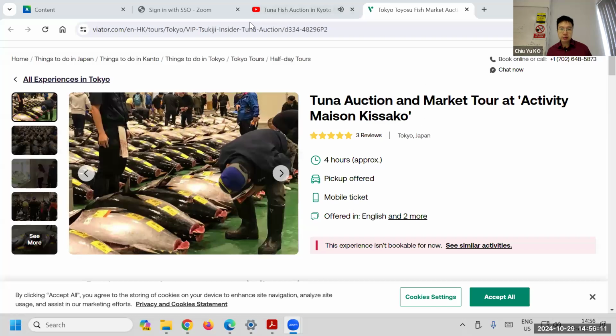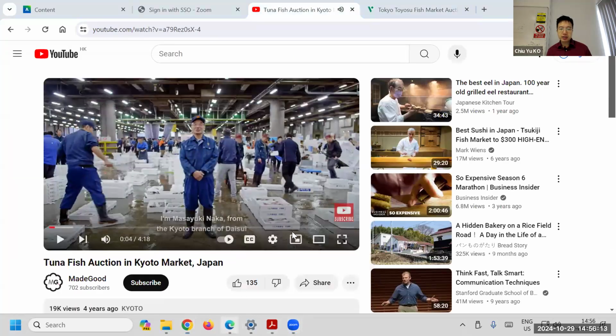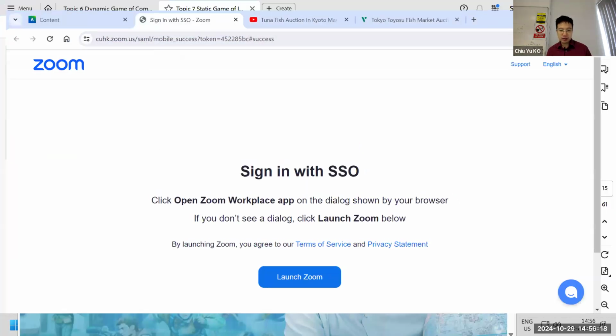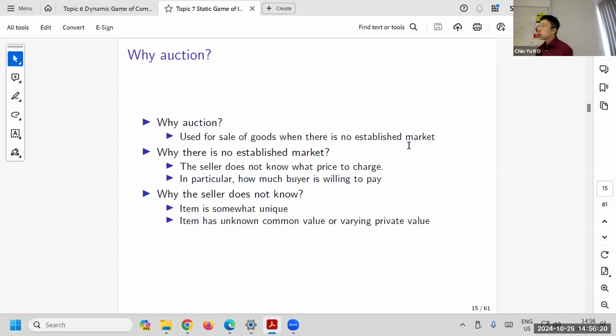The reason is that you can notice these fish are big, right? It's not some regular fish, right? And only the high-end fish are sold this way. The low end they don't, right? And why do they do it this way? Because you don't know how much people want to pay for it, right? Who wants to pay for this expensive fish? A high-end restaurant, right? And for a high-end restaurant, you don't know how much they want to pay because they can pay a lot if the quality is good.